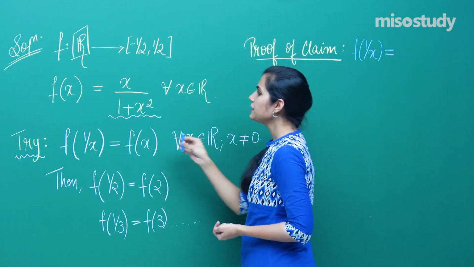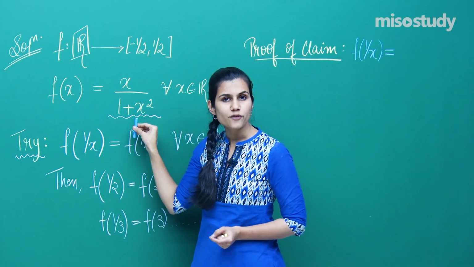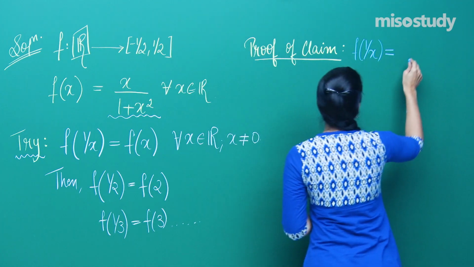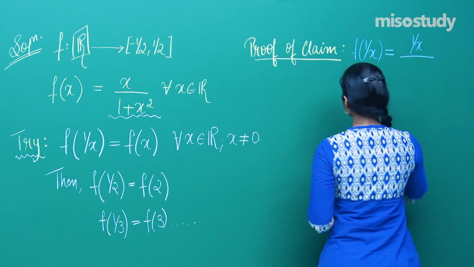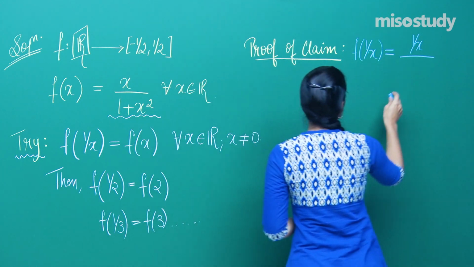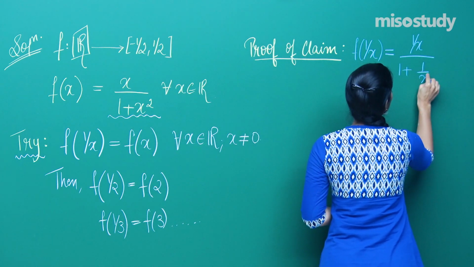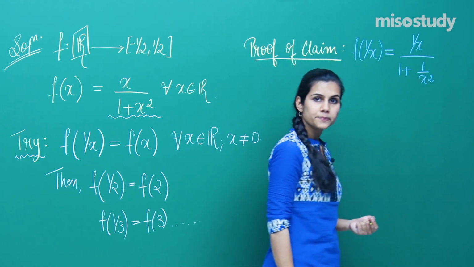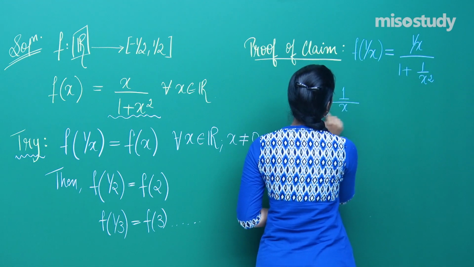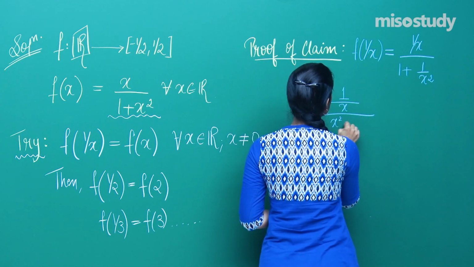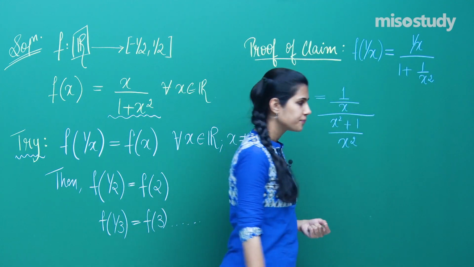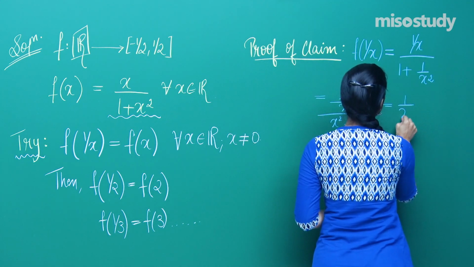If f of x is given by this rule, what do you think is f of 1 by x? In the numerator, replace x by 1 by x. You will have this expression, and in the denominator there is 1 plus x square. So you get 1 plus 1 by x whole square, which is this. And you obtain 1 by x whole upon x square plus 1 by x square, which eventually makes the expression equal to